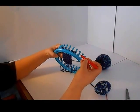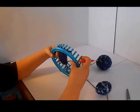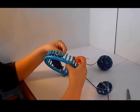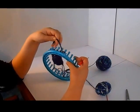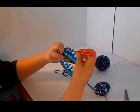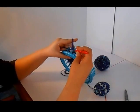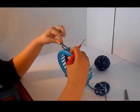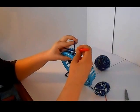So now we've met back up with option 1 people at the very beginning of our row again, and we're going to start on our 4th and final section. So you're going to take your yarn, pull it through those first 2, purl, 1, 2, and